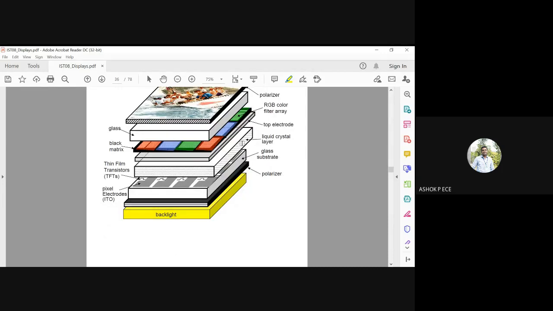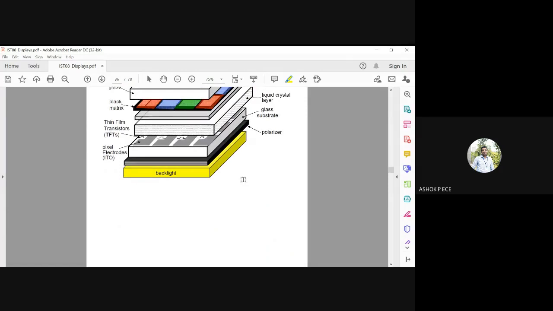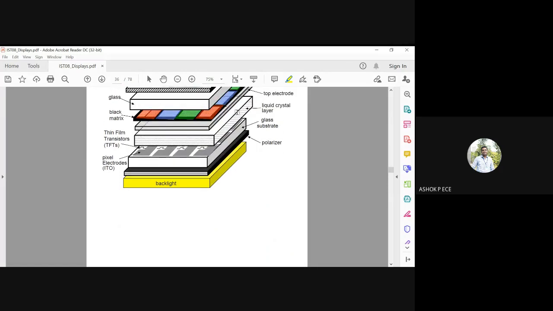Then you have the liquid crystal layer. Then you have again glass, then polarizer. So this is the basic construction of your liquid crystal display, and in this substrate you will have thin film transistors, TFTs, and you will have electrodes for applying the voltage.